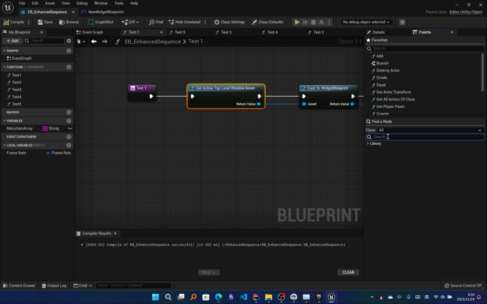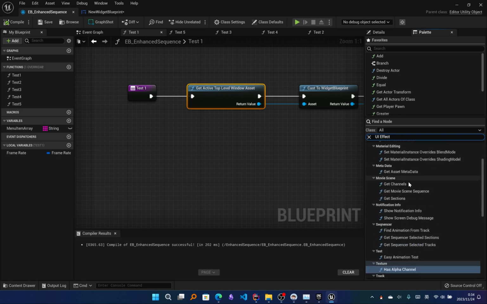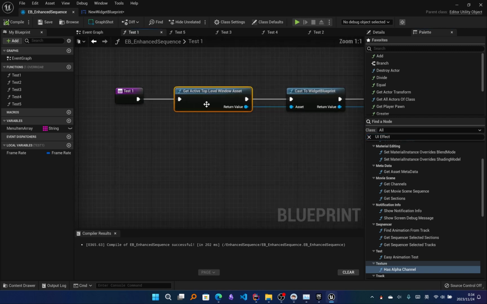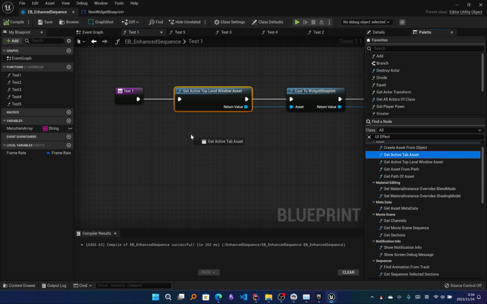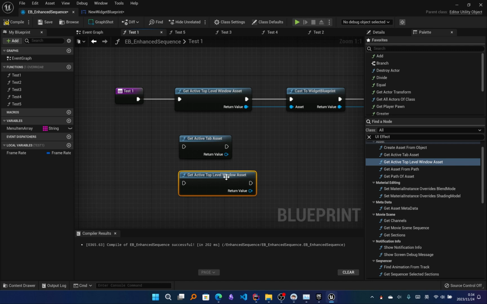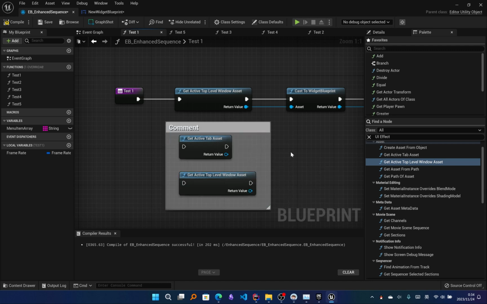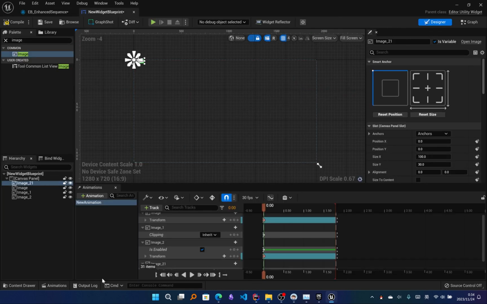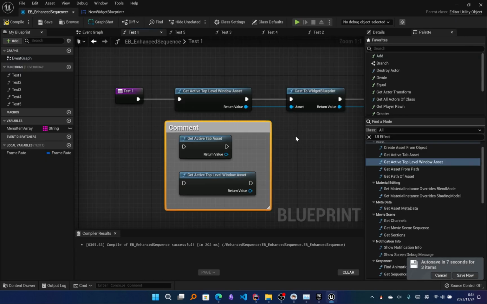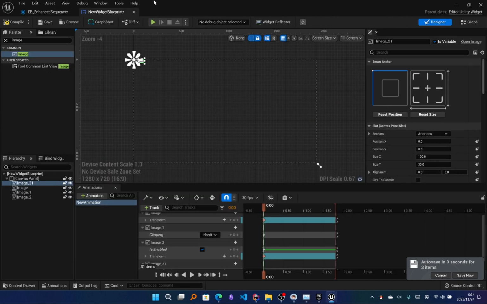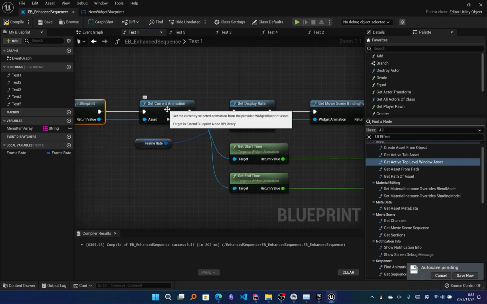You can see UI effect. These are the nodes. When we use it, we will first have these nodes, Get Active Tab Accent or Get Active Top Level Window Accent. These two nodes will give us this editor. In the traditional way, we can't find the editor, but when we use these nodes, we can get the widget editor. Then we can change anything in this editor. And how it works, we cast this editor to widget blueprint, and get the current animation,